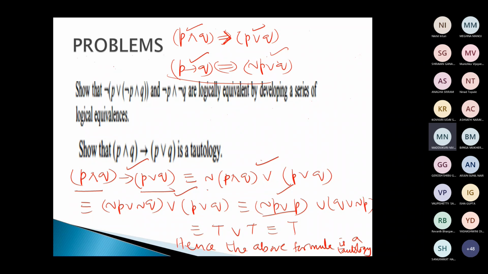What is this? Not of P and Q is not P or not Q. It is like A intersection B the whole complement is A complement union B complement. The same thing every time. Yes, ma'am, understood. The third one to fourth one, actually. This one. Yes, ma'am.